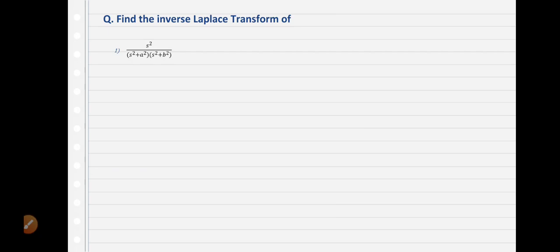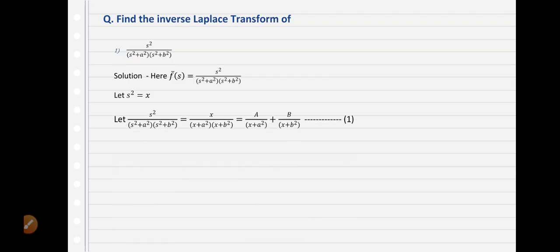But here a different thing is that every term of s is appearing in the same form, that is s square. So we can simplify this function, to simplify the method of partial fraction to get the values of the constants by substitution. First step, as usual, we have to take the given function as some f bar of s. Then here, as s square is a common term in all the three terms containing s, we are going to put s square as x.